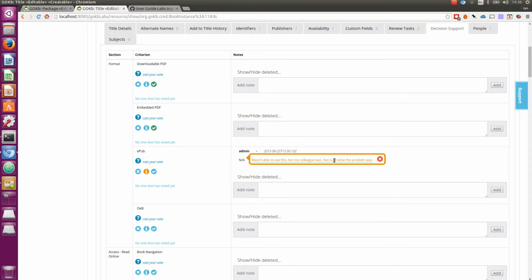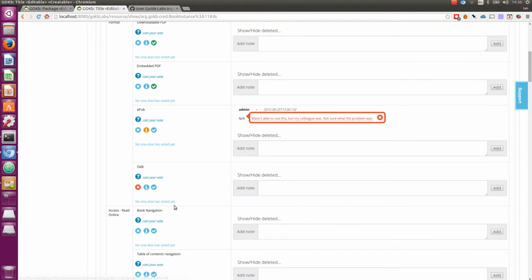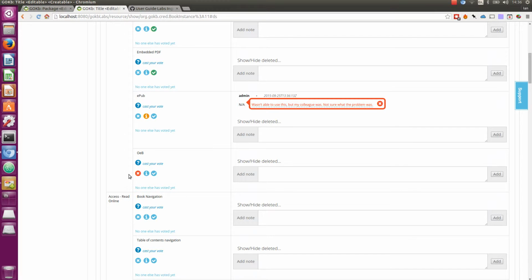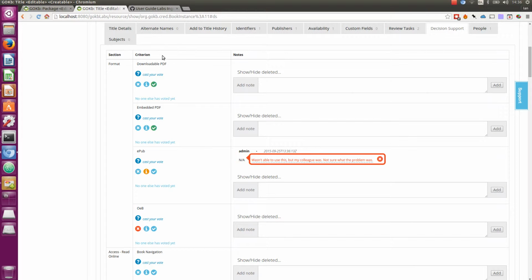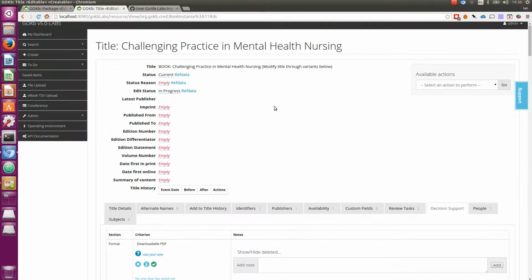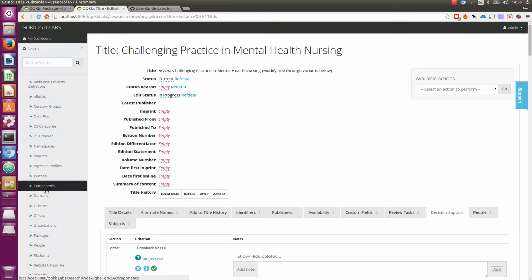Sorry, if I can click the button, and you can see that my comment is amber as well to reflect the information icon there, and because I made the comment I can delete it, and it says who made the comment as well. And OEB, I'm just going to say no, OEB wasn't available. So you can see I have cast my vote in terms of what I think this ebook can do. What I might do though is to go back to package,